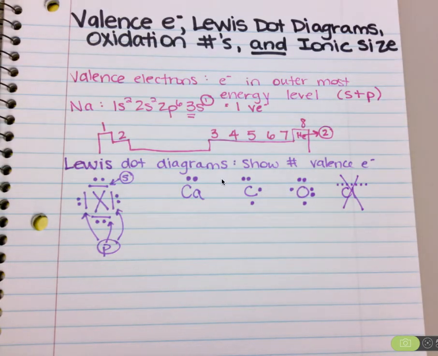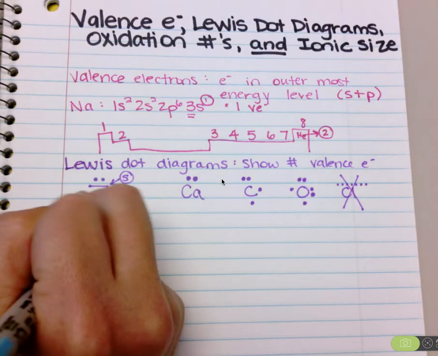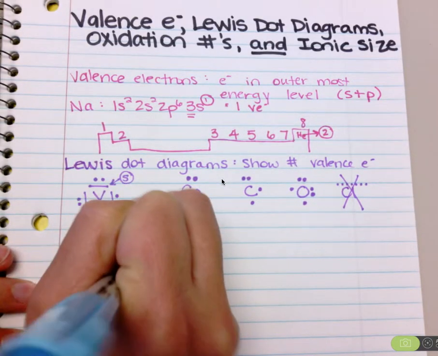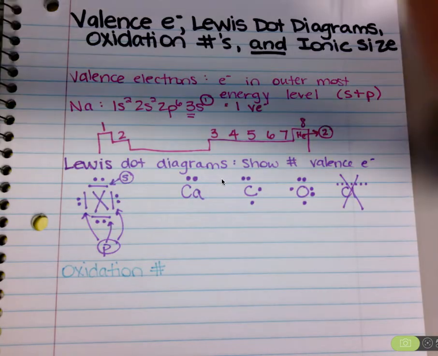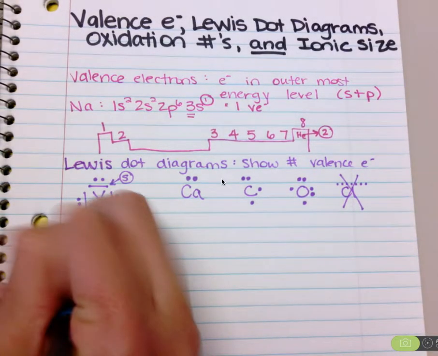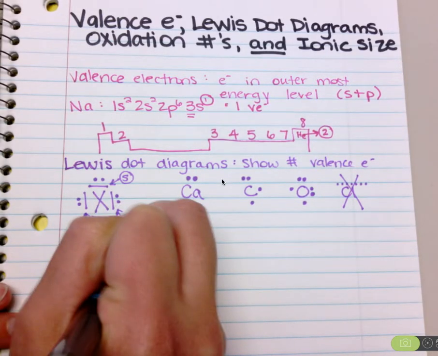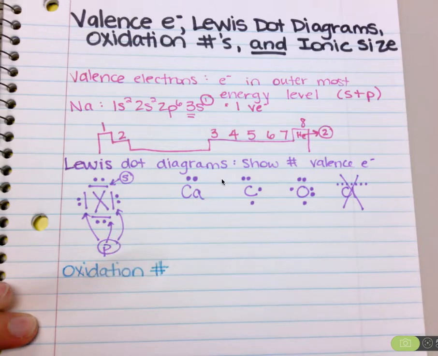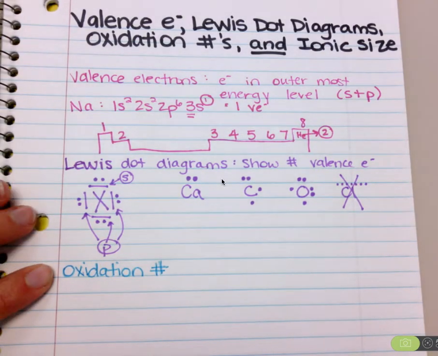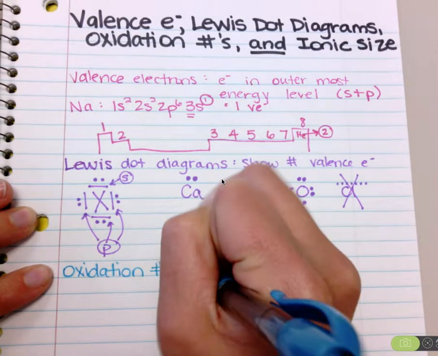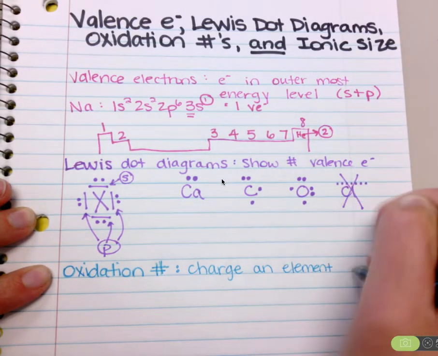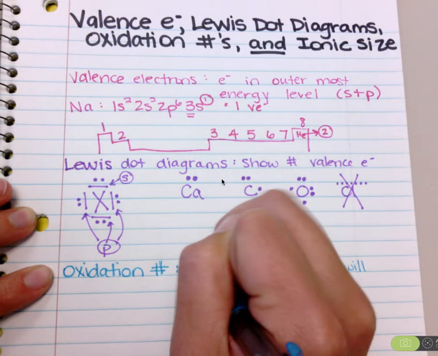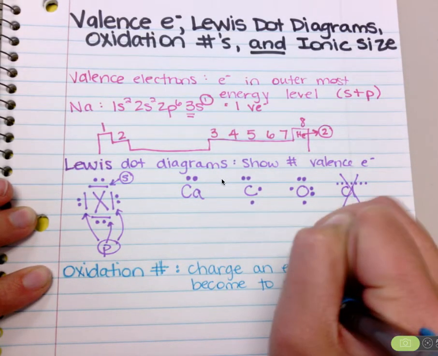The next thing we're going to talk about is oxidation numbers. Oxidation number. That does not show up very well. Let's try a different color. That looks a little better. Okay. So an oxidation number is the charge an element will become to satisfy